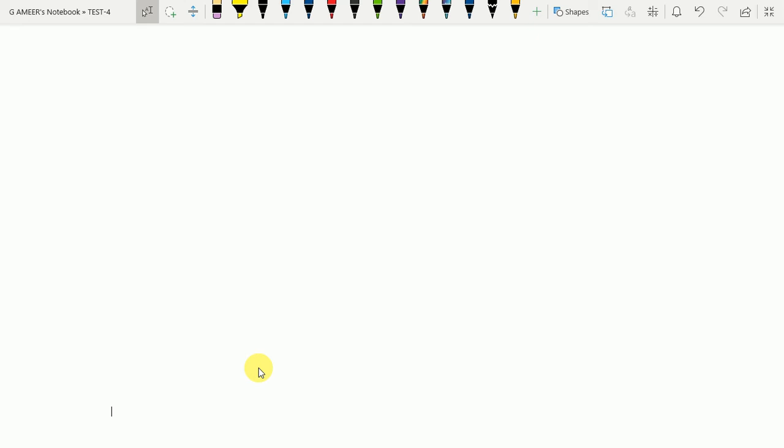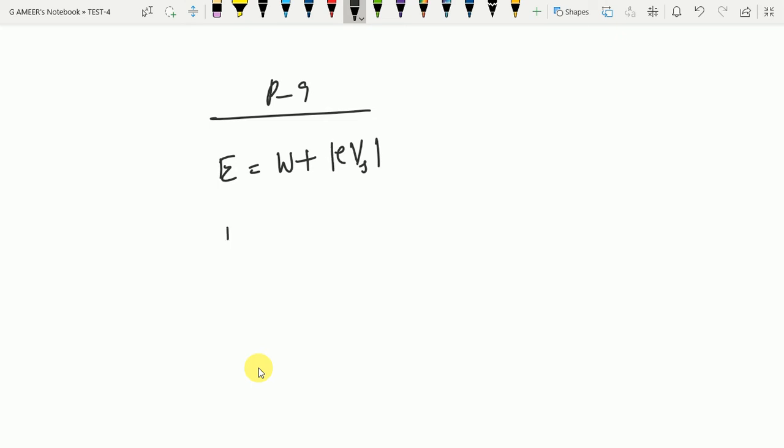In the 9th problem, what have they given? In the photoelectric effect, the work function of a metal is 3.5. The emitted electrons can be stopped by a potential difference. That means energy E is equal to work function plus stopping potential. Maximum kinetic energy is the stopping potential; remember, this should be modulus. So the incident energy we need to determine here. The work function is 3.5 electron volts and the stopping potential is 1.2 electron volts, so the total is 4.7 electron volts. With this, option A is the best match.